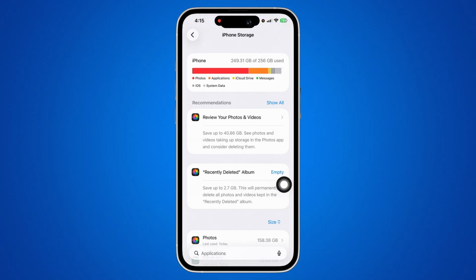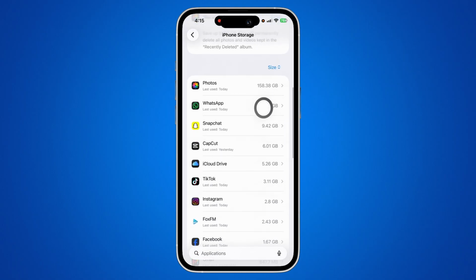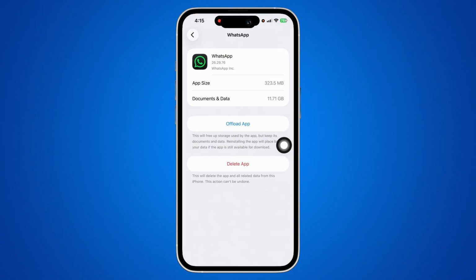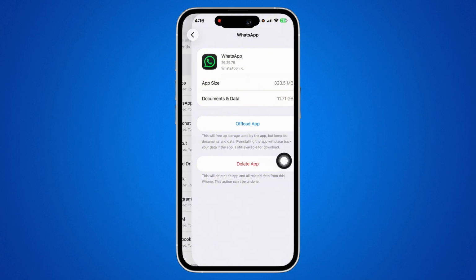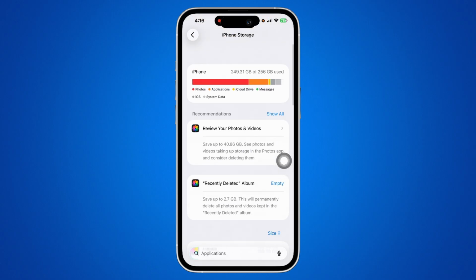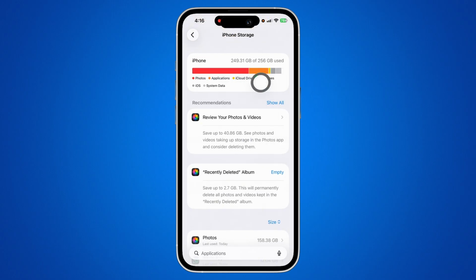Further, go ahead and scroll down and navigate to WhatsApp and make sure to tap on the offload app option and offload the app and reinstall the app again, as this will help you in freeing up storage used by the app. Also, make sure that you have enough storage space in your iPhone, and if not, then simply delete unused apps or large files and then try sending the photo or video again, and by now your issue should